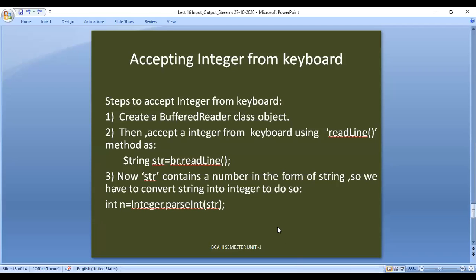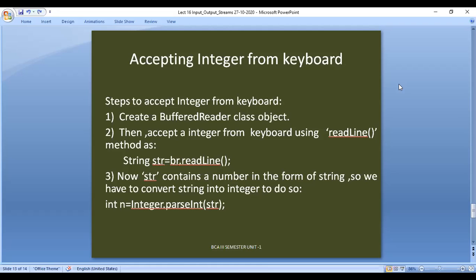Next, accepting integers. Try to see here. To accept integers, the steps will be the same. You start with the first step, creating a BufferedReader class object. That is common to everything.